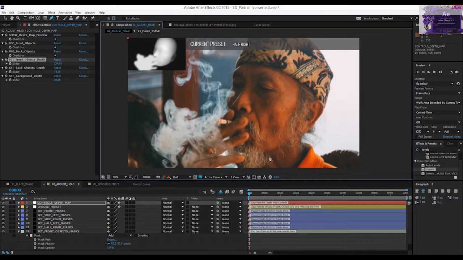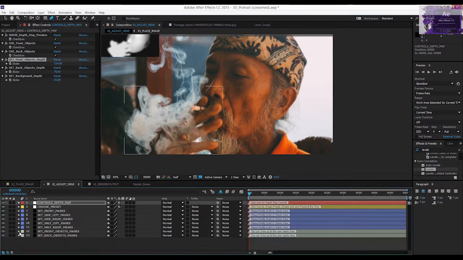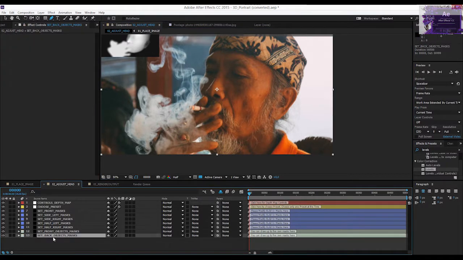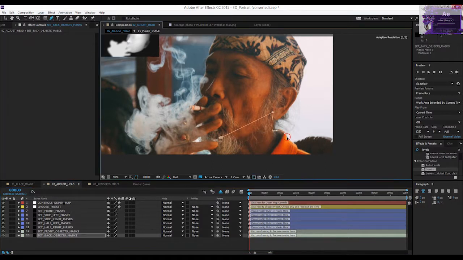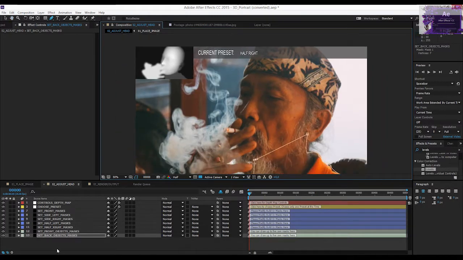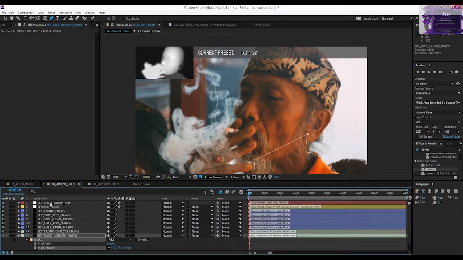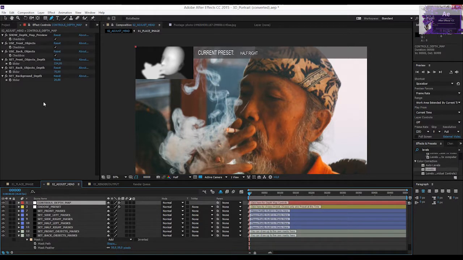Now we can also draw some back objects, which are the objects that are behind the face. So same thing, but on a different layer, which is set back objects masks, roughly creating the shoulders and the shirt and the neck. Leaves us with this. Hit M 2 times very fast on your keyboard, smooth it out,